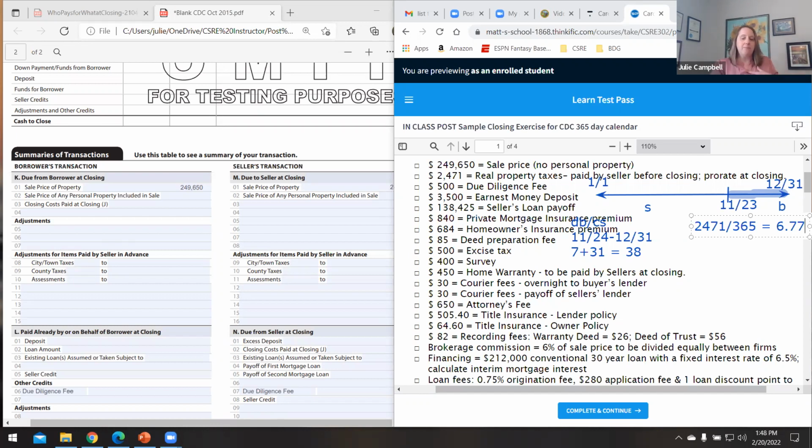For my general rule of thumb, I try not to clear my calculator any more than I have to. So when I get this big long number, 6 point, I'm just going to try to work with that. The less time you touch your calculator, the less room for human error that you have. So if you don't have to touch it, then you can't hit a wrong button. I took my 2471 divided by 365, and I got 6.769863. And then I'm going to take that number without even clearing my calculator, and I'm going to say times 38. And that's going to give me